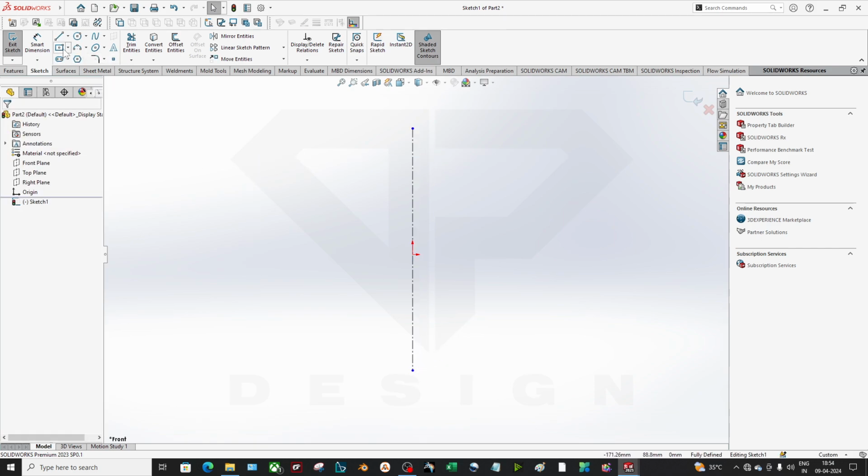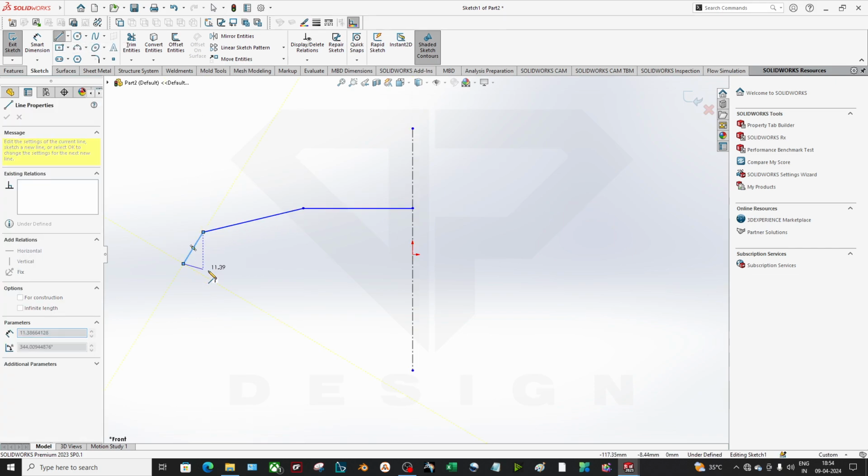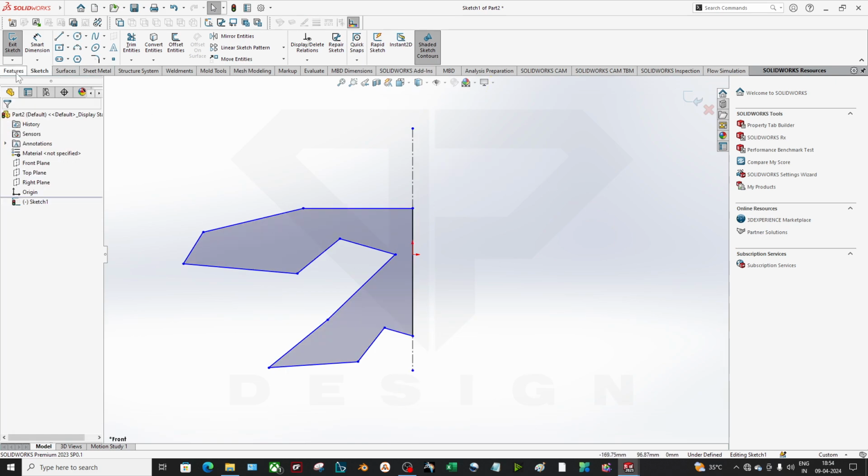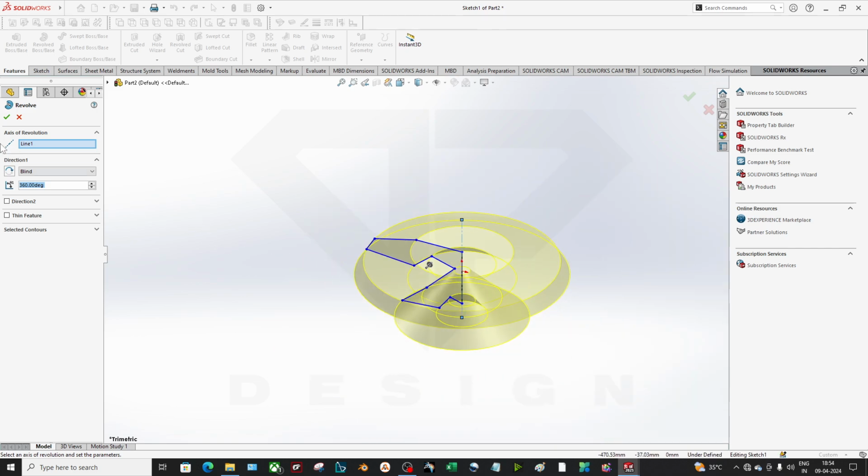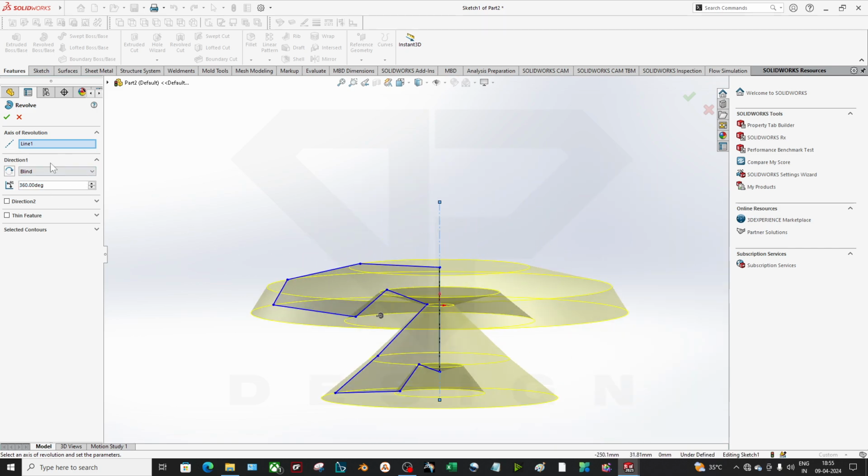revolve. In the revolve, you have to create a center axis, and let's say if I want to create some part, a very complex part, I don't know how it will look, but I'm closing the sketch. Now I will revolve this, and it is already automatically taking the center axis. So I don't have to select any lines for that. If you don't have this selected, you can just click this line on,